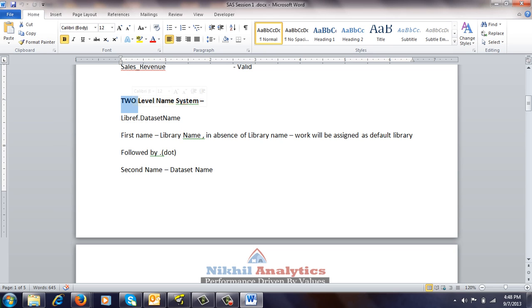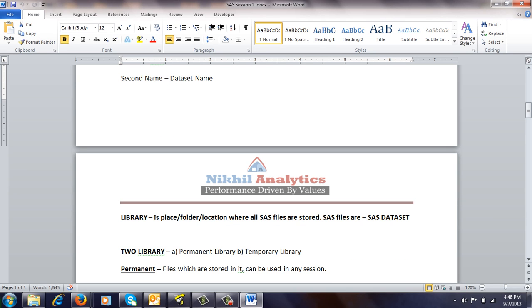What is a library? A library stores SAS files, such as your data set or a catalog. A library is nothing but a place or a folder, I can say a location, where all SAS files are stored. SAS files are your SAS data sets.